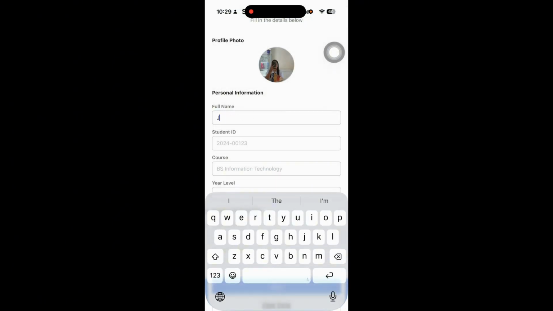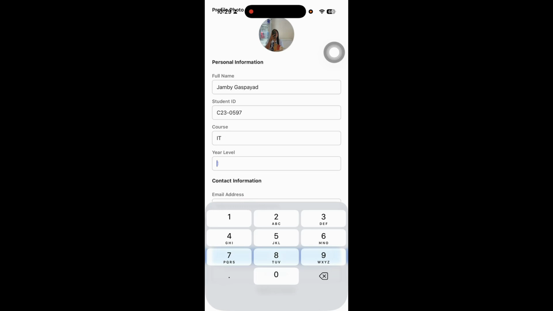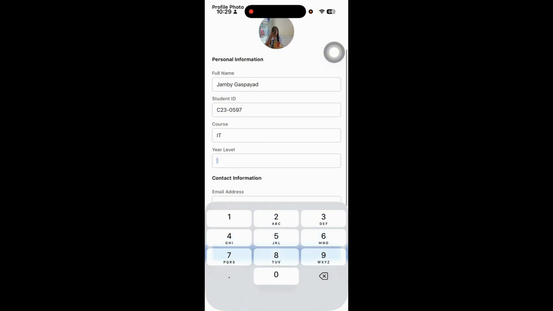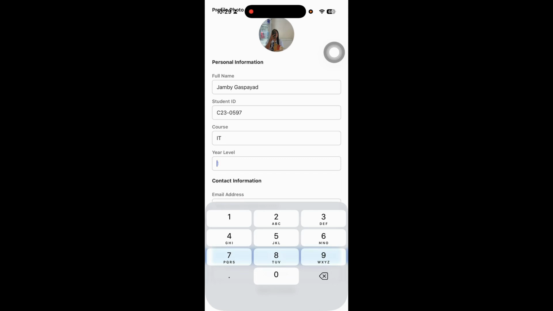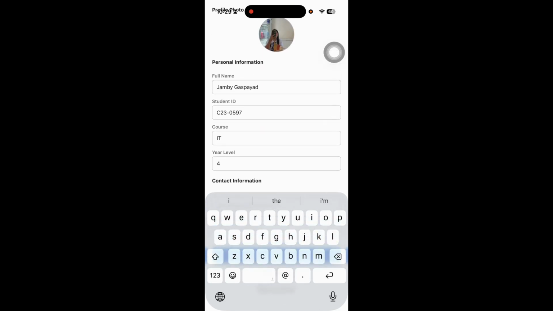So the year level, the keyboard is a phone pad, so all are number only.